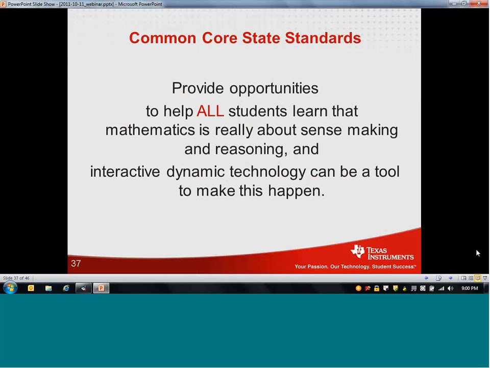And I think the next slide. And this is certainly not only implicit but explicit in the Common Core State Standards, what we might think of as an equity principle, and that is they really are about providing opportunities to help all students learn mathematics. And I hope we've made the case in this webinar that dynamic technology really can be a powerful lever to help us teachers